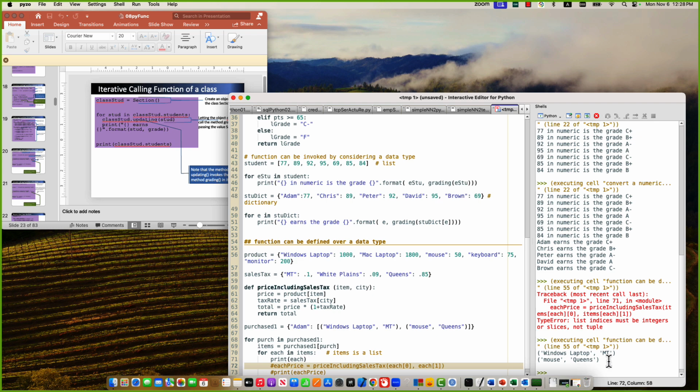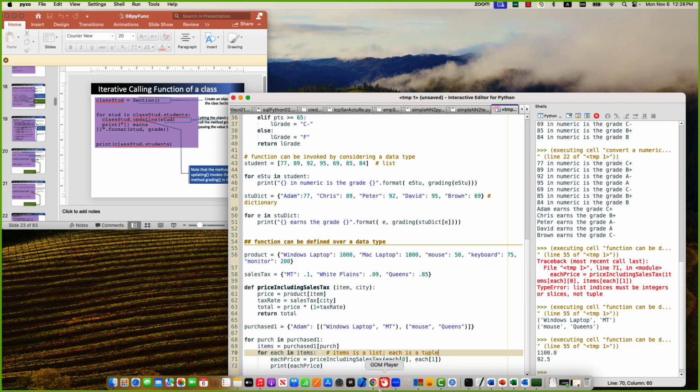Because each is already a tuple. And then we can say each is a tuple. So within the tuple, first element and then second element. Okay, this should work. We don't need to print that. So hit enter. Then we can say